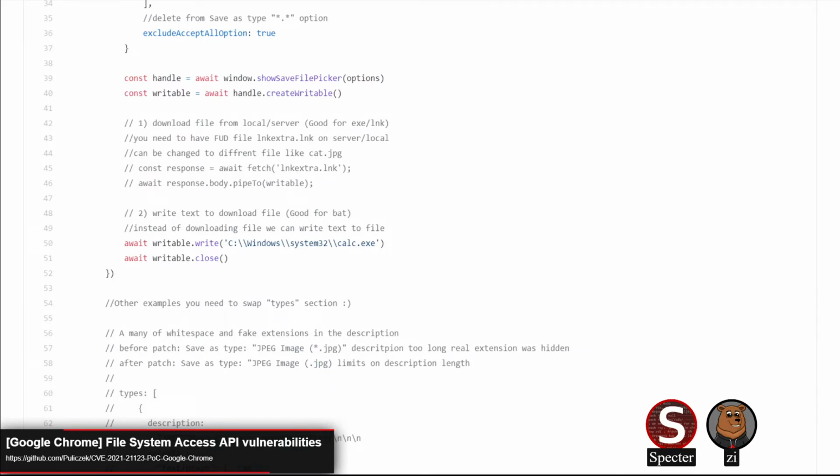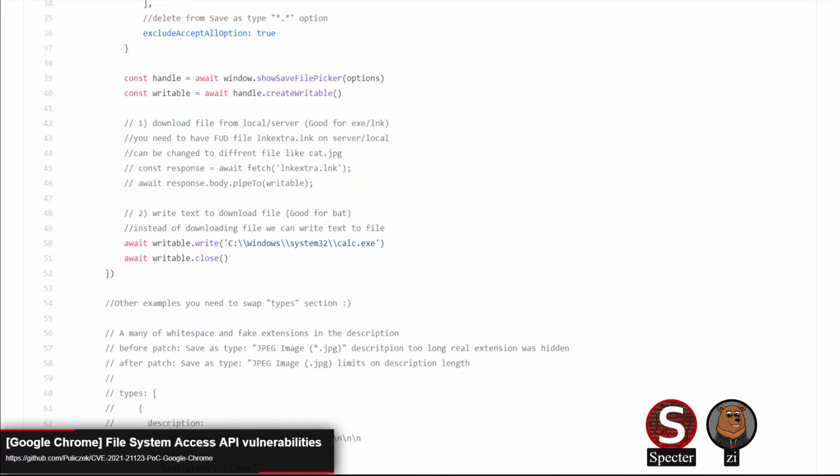The repo itself consists of two different files. One file called show save file picker contains 5 CVEs that were patched in Chrome 88 and above, and the second contains 1 CVE, which is get file handle, that was patched in 89 and above. Yeah, basically the file with 5 CVEs, they were all tricks to try to hide the file extension, right?